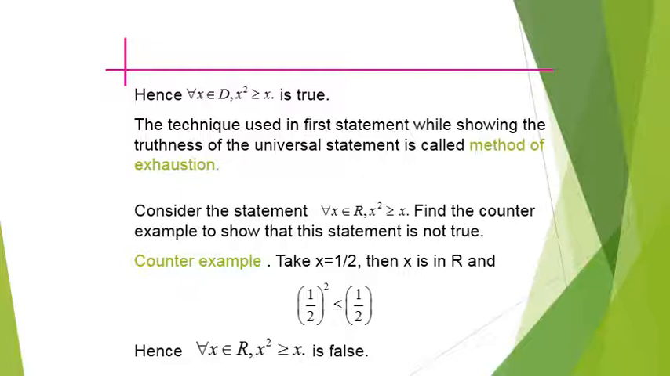जो टेक्निक हमने यहाँ पर यूज़ की है, that is known as method of exhaustion. यानी वन बाय वन सारी वैल्यूज़ को लेके किसी स्टेटमेंट को ट्रू प्रूफ करने को कहते हैं मेथड ऑफ एग्जॉस्शन।